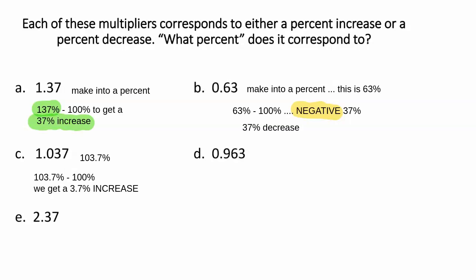0.963 is 96.3%. Now, right away, notice that 96 is less than 100. Because it's less than 100, I am taking 96.3% minus 100%. Now, I am going to get a negative, okay,